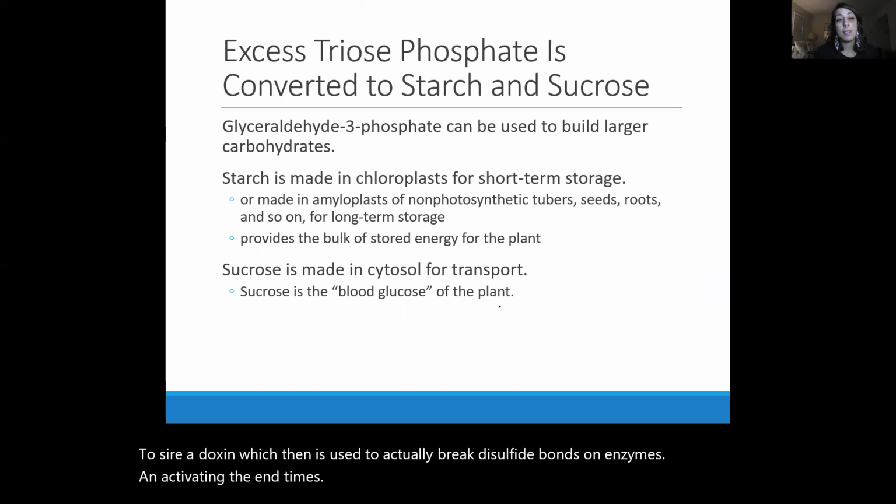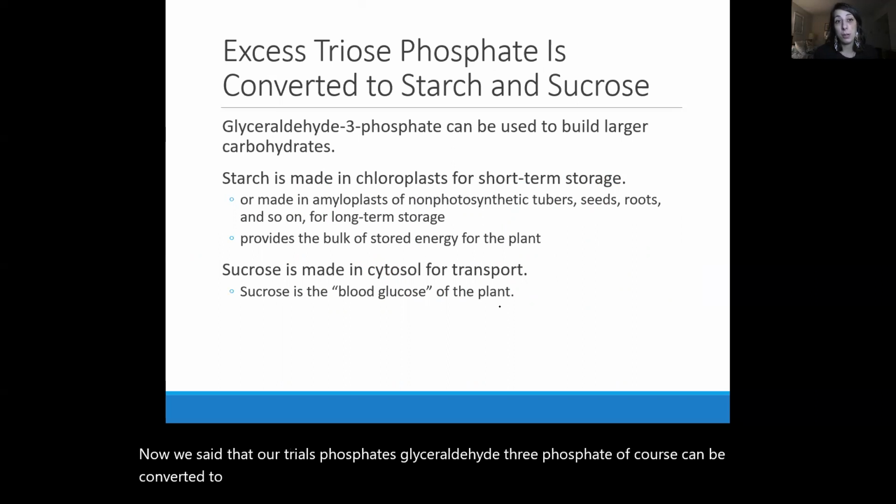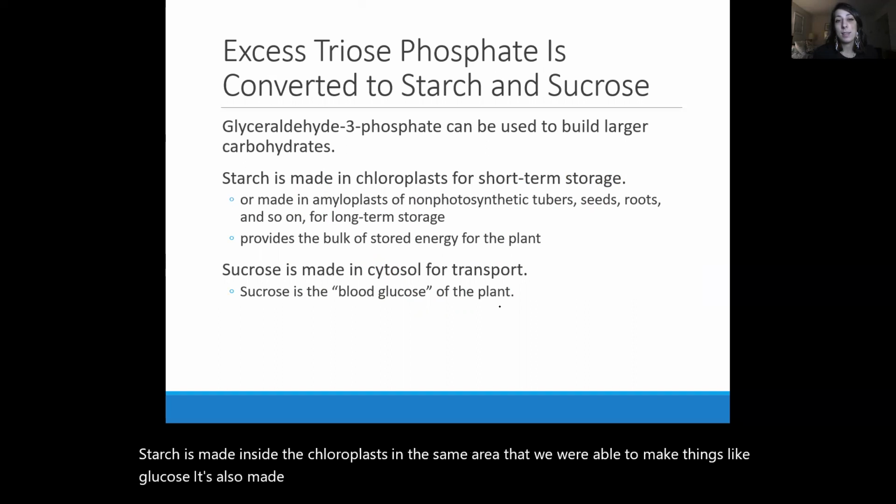Now, we said that our triose phosphates, like glyceraldehyde 3 phosphate, of course, can be converted to larger molecules besides glucose, like starch and sucrose. Starch is made inside the chloroplast in the same area that we're able to make things like glucose. It's also made in amyloplasts and other